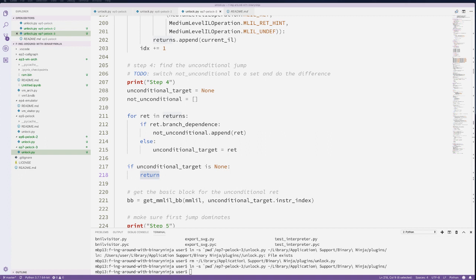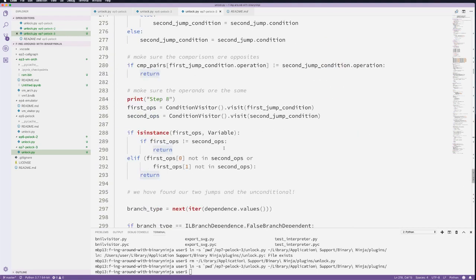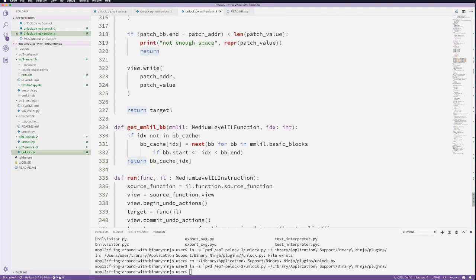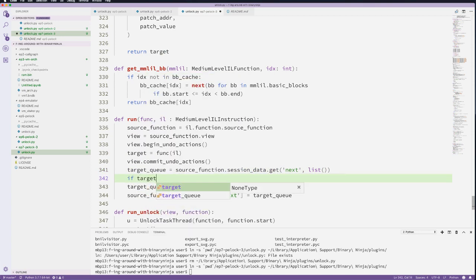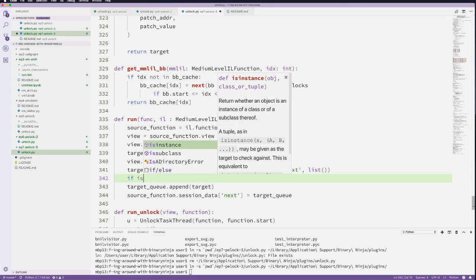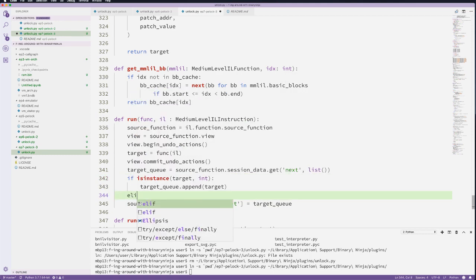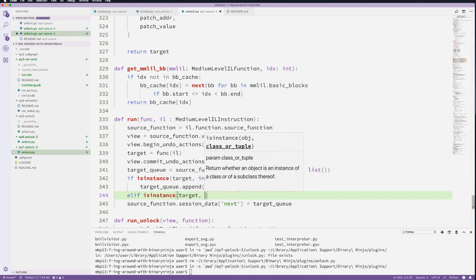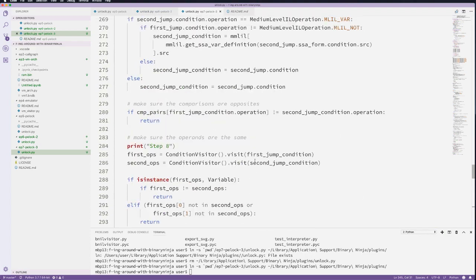All right, so I think this is where we want to put this in. And let me see, how was I returning these? I think I'm returning none or target. And let's say if target. Okay, so now if we come up here,